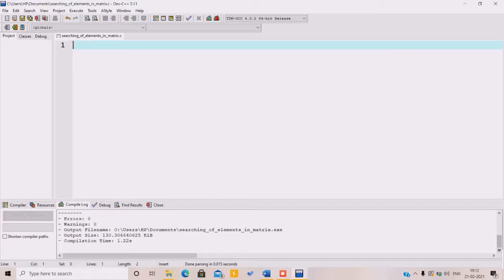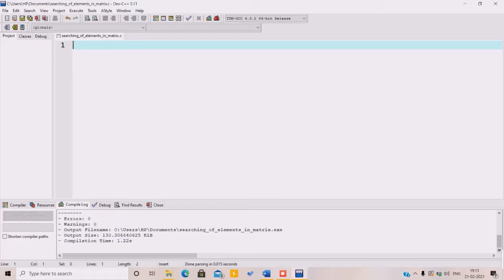So today we are going to learn how to make a matrix using a two-dimensional array, how to display the matrix, and in the last how to search a specific element in the matrix. So there are three steps: taking input from the user to make the matrix, then displaying the matrix, and then in the last we have to search for an element, any element, in a specific row or column. So this is the task.